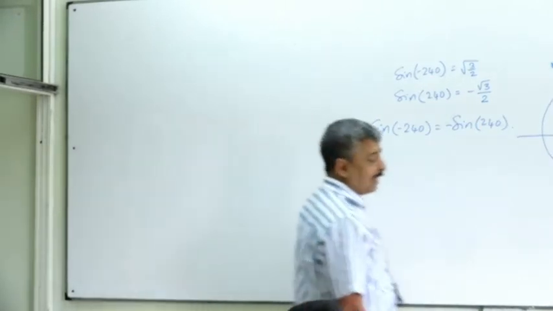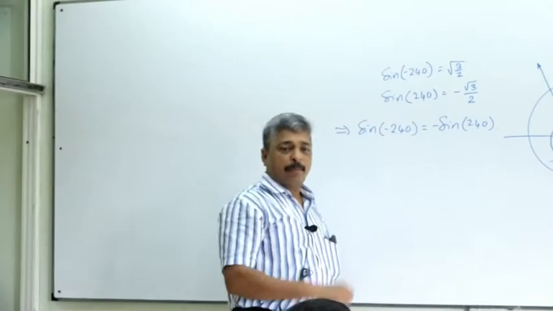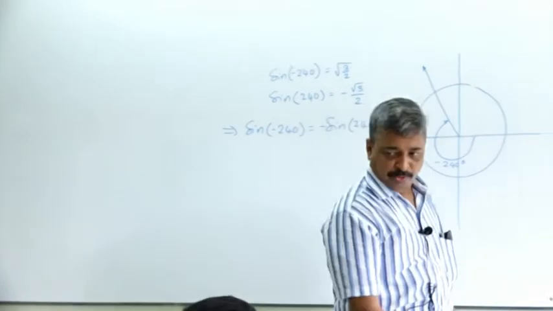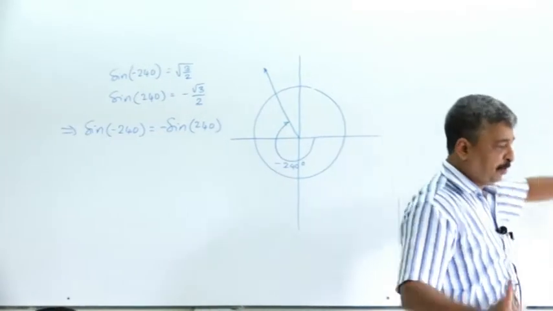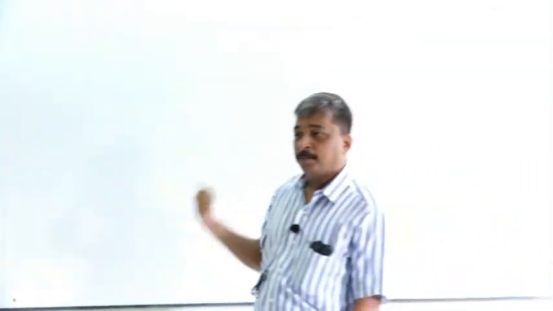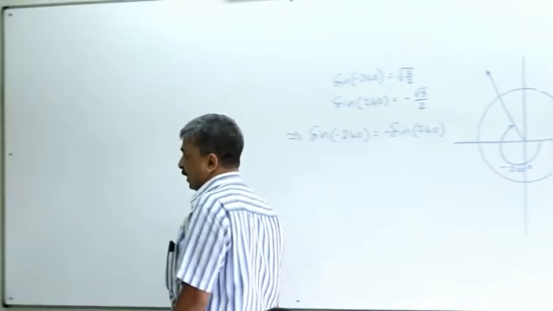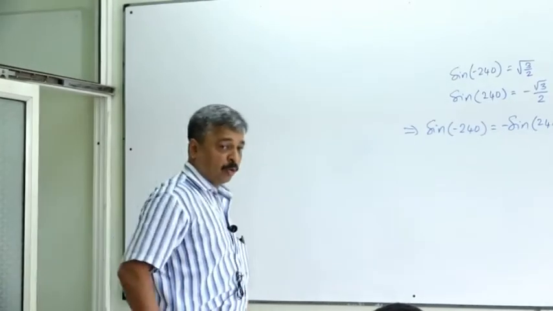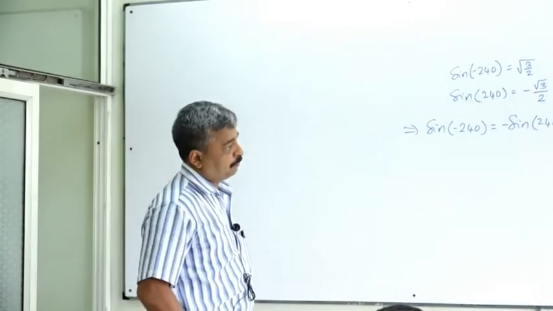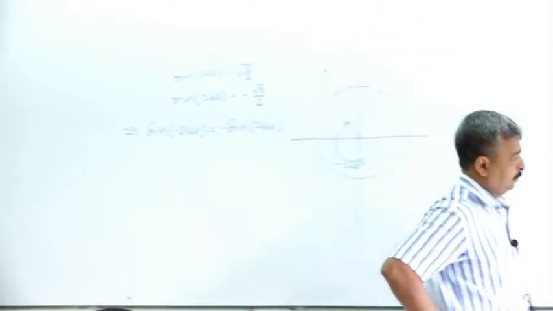Because the positive angle that you are looking at is negative, and therefore the opposite of the opposite is positive. Therefore it ends up being positive. And we did it for theta, not for a specific angle. Theta could be any angle, measured in any direction, either clockwise or anti-clockwise. Every time those results are going to be true. Good, very good question.